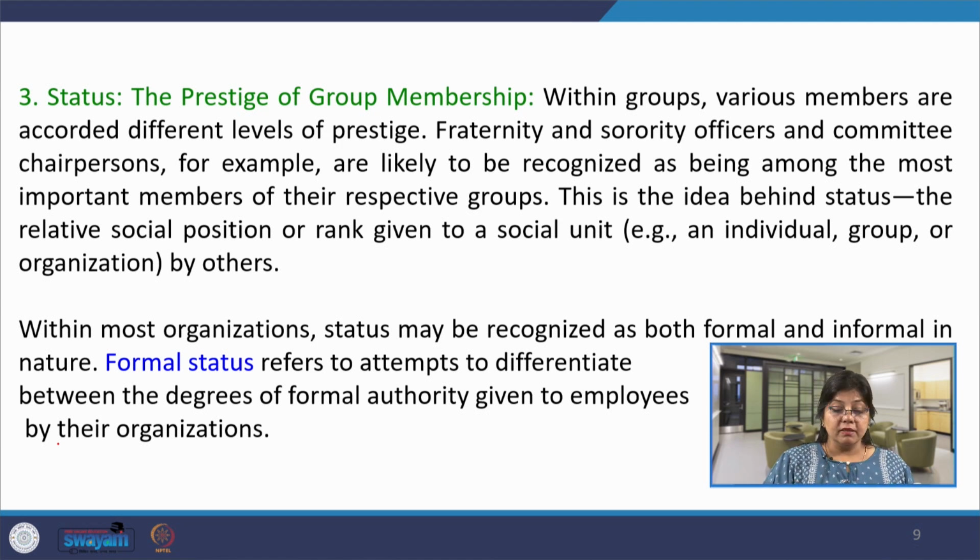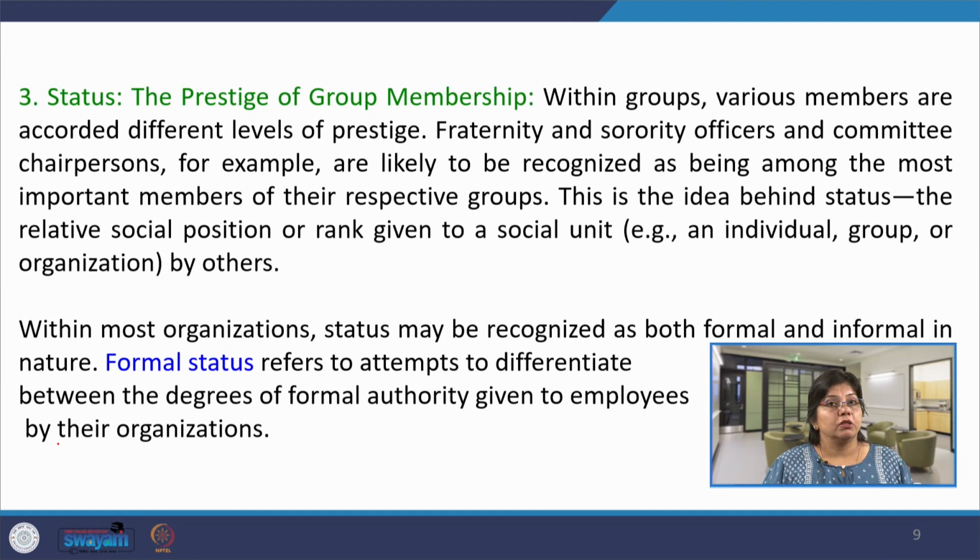What is formal status? This refers to attempts to differentiate between the degrees of formal authority given to the employees by their organization. A CEO has the highest rank or cadre, and he will have the maximum number of authorities pertaining to decision making. Then comes another rank, maybe a middle level manager who will have the status, but maybe the authority will be less in comparison to the CEO. Or if we compare the authority or status of middle level managers with that of the entry level manager, definitely there will be a difference in the status